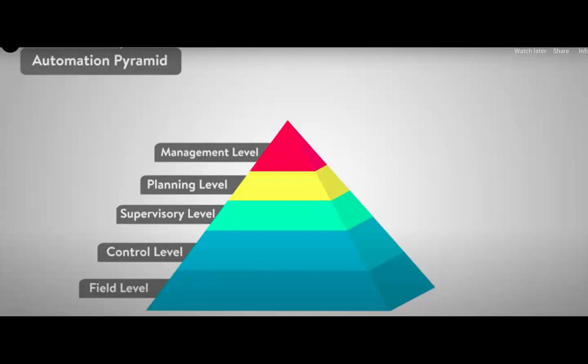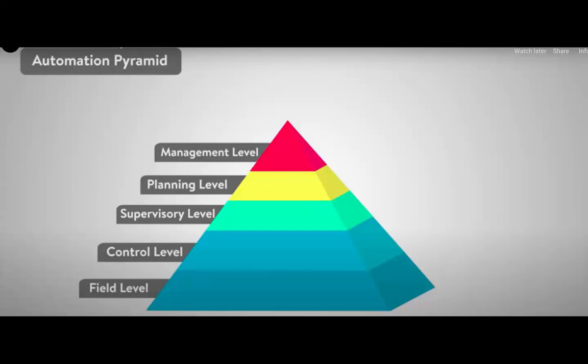This level utilizes a computer management system known as MES or manufacturing execution system. MES monitors the entire manufacturing process in a plant or factory from the raw material to the finished product. This allows management to see exactly what is happening and make decisions based on that information. They can adjust raw material orders or shipment plans based on real data received from the systems we have just discussed.